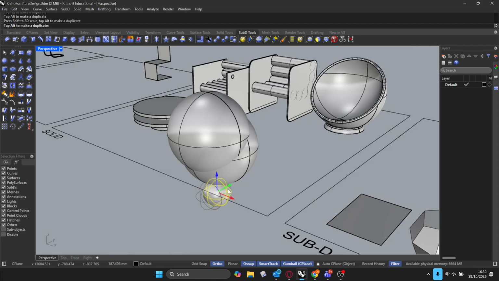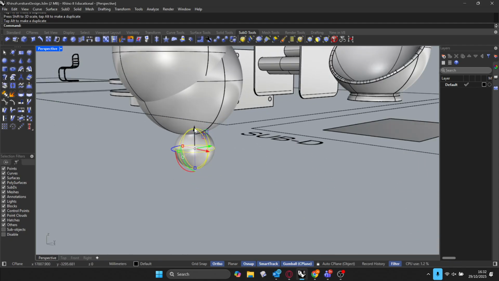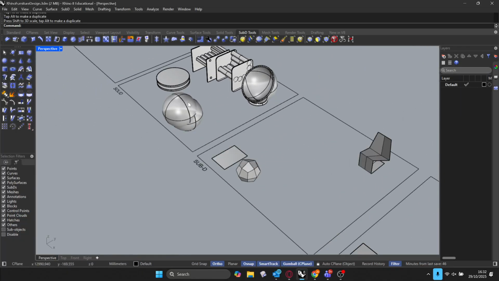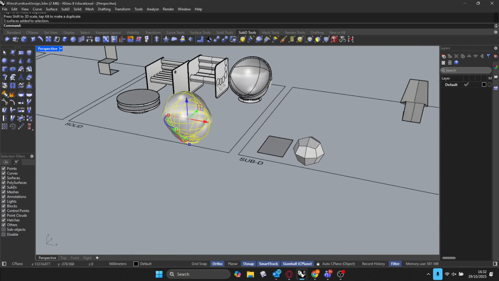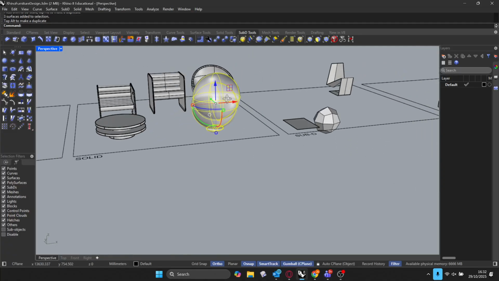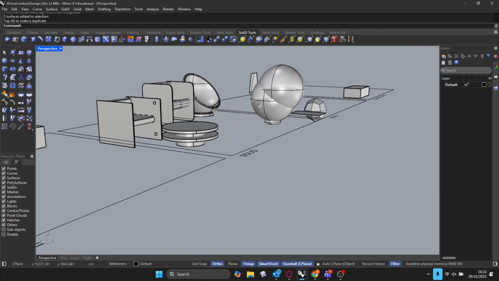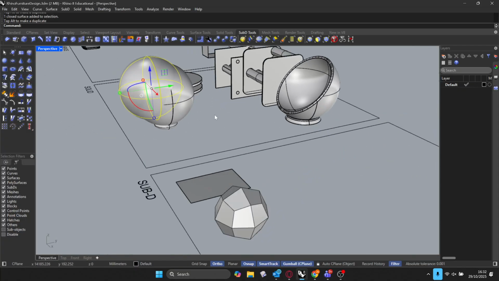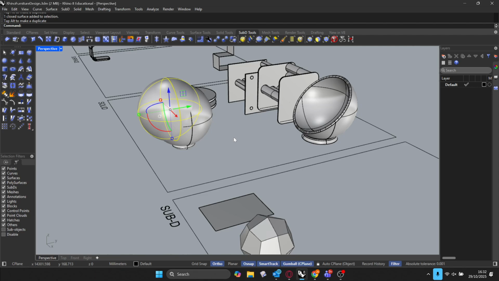And I'm going to move this to like the center until I'm happy. And then I can start to scale this down to create the platform, the bottom of this object. And then I'm going to teach you some commands. They're called Boolean commands. And the way that Boolean commands work is they take one object and they intersect it